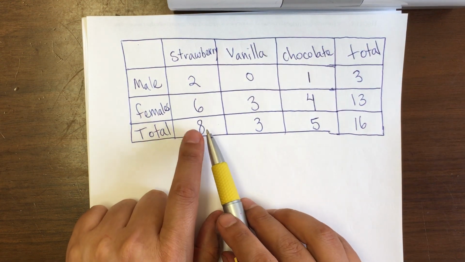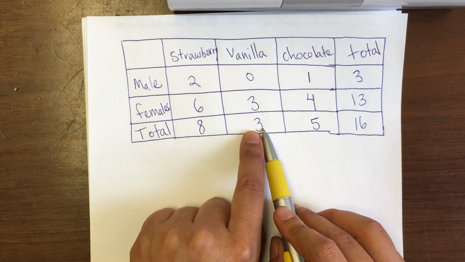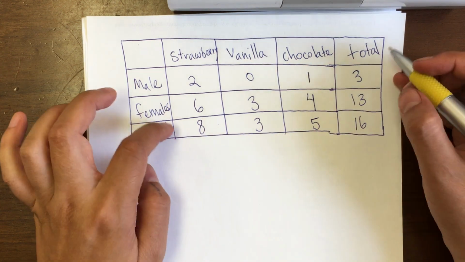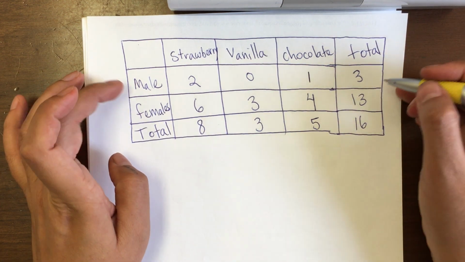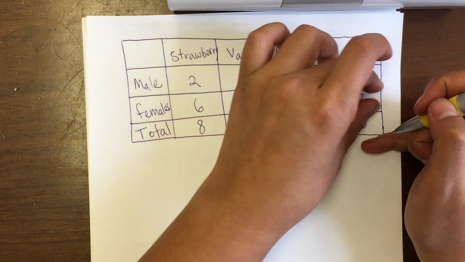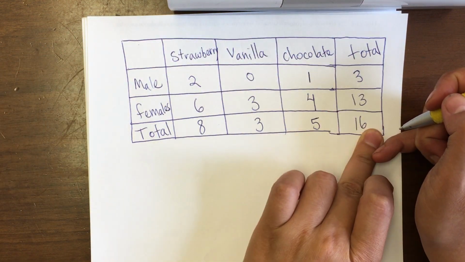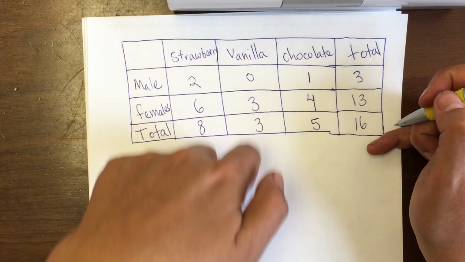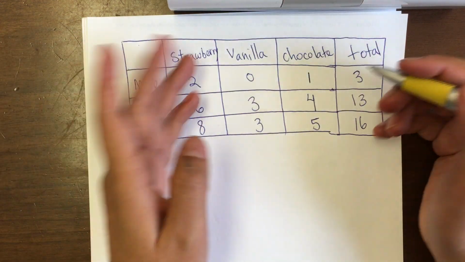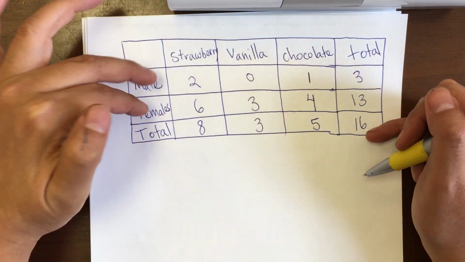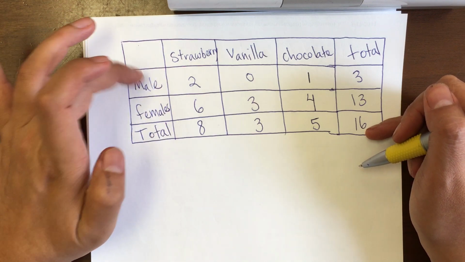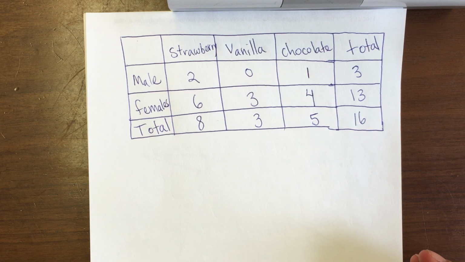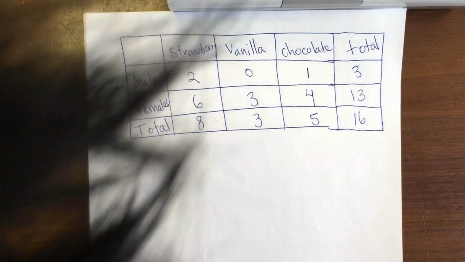Again, those that like strawberry plus those that like vanilla, that's 11, plus those that like chocolate is the total of 16. So that's why it's called two-way frequency tables, because you're looking at this way, you get the total of 16 students, and then you also have data of the categories, 2 different categories. Their favorite out of these 3 flavors, and the other category separating them into male or female. Okay. Before we go into our probabilities,